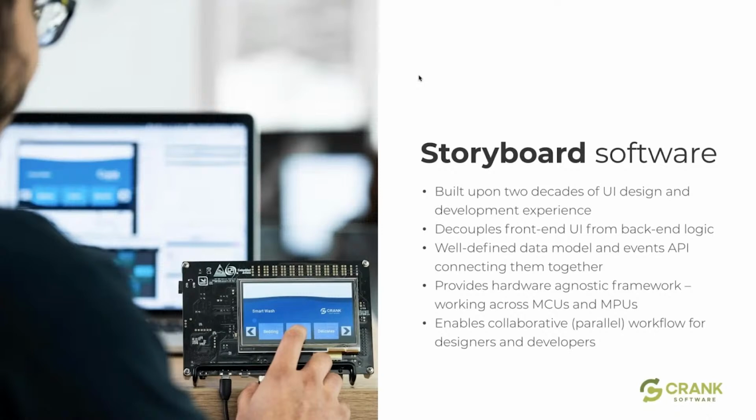So Storyboard is our development environment. It runs on Mac, Linux, and Windows. It can develop across multiple different backends. It has a lot of pieces to develop for MCUs all the way up to MPUs, so we can go right from the bottom of the RT series and even some of their older platforms, the LPC series too, all the way up to their most complex multi-core, multi-GPU systems, and leverage whatever backends are behind it. Where we really focus with Storyboard is making it so the design team and the engineering team can work in parallel to drive the UI faster and better to end product.